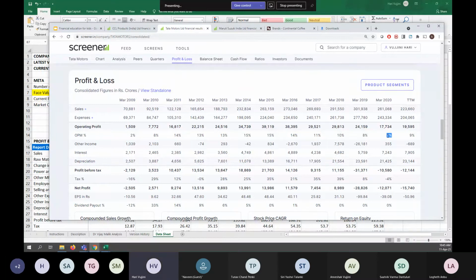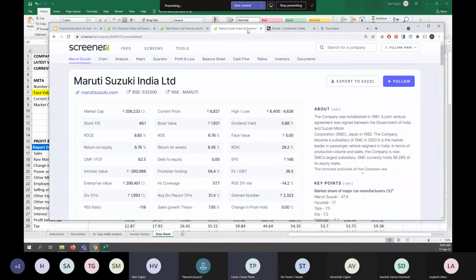Sorry, somebody has a question. Is Suzuki Indian? Yeah, Maruti Suzuki is Indian. Suzuki is Japanese, but Maruti Suzuki is Indian. What's the difference? Maruti, an Indian company, collaborated with Suzuki Japan for the technology since the 1960s. In return, Suzuki shared the technology with Maruti and they got 50% of the stake. So Suzuki Japan owns 50% of the Maruti Suzuki company, and hence you see the name Maruti Suzuki.